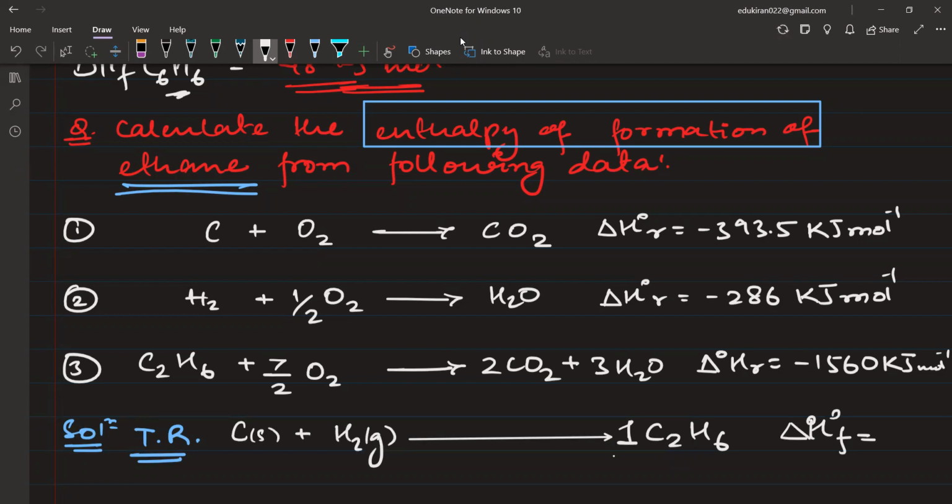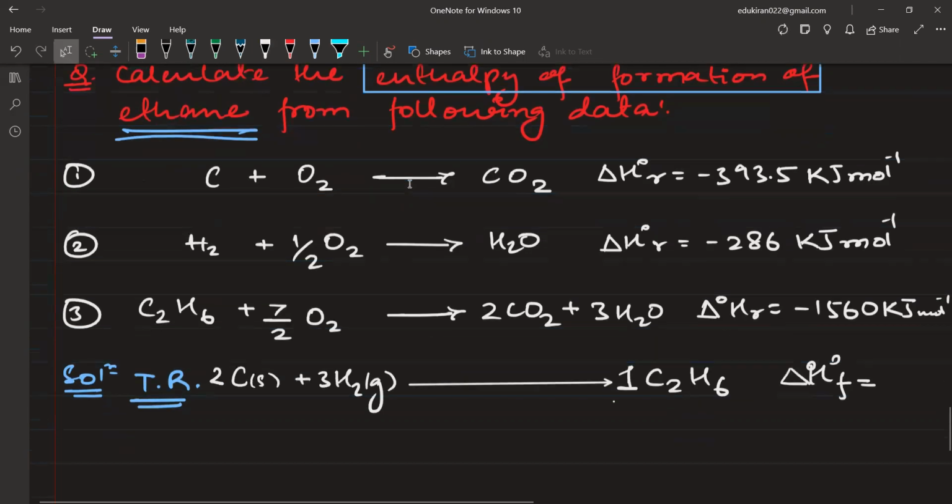And how many moles of H2? 3 moles of H2. How many moles of carbon? 2 moles of carbon. Now it is a balanced chemical reaction. This is the target reaction. Now you have to arrange the given reaction